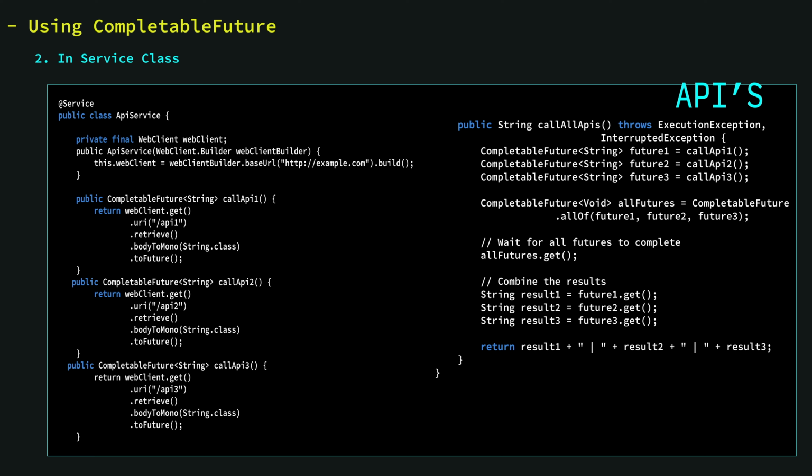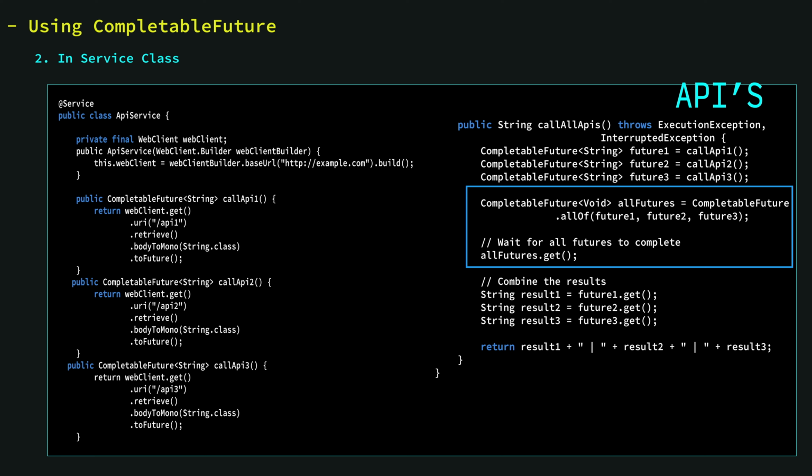Then I have written one more method, callAllAPIs. Here I'm just making the calls to callAPI1, API2 and API3 and storing the results in the respective CompletableFuture objects. From these three API calls, we don't know which API responded first and which responded last. They are parallel and non-blocking calls to each other. So to collect and combine all these responses whenever they are received, we need one more CompletableFuture. That is what we have declared here in the highlighted box.